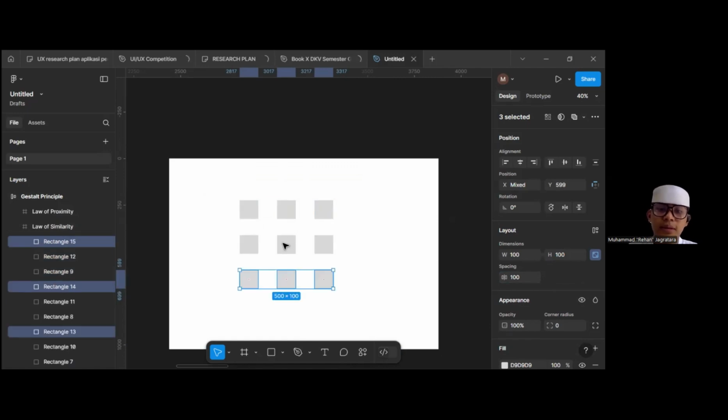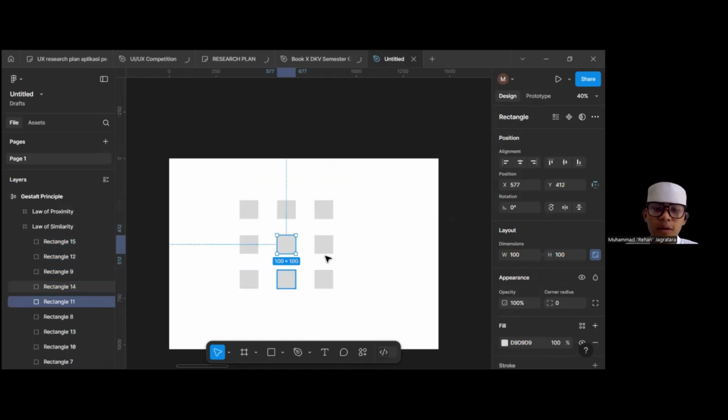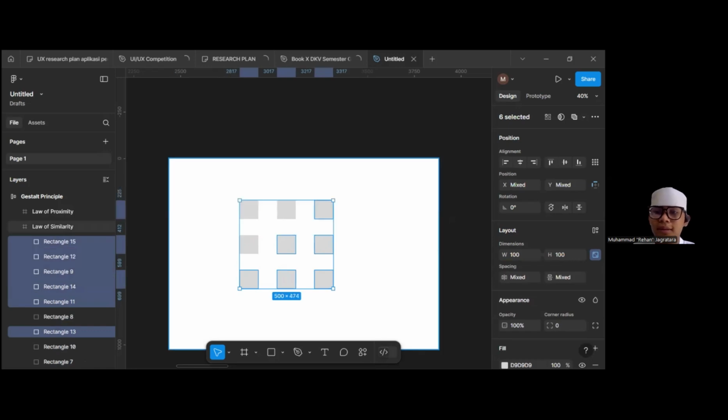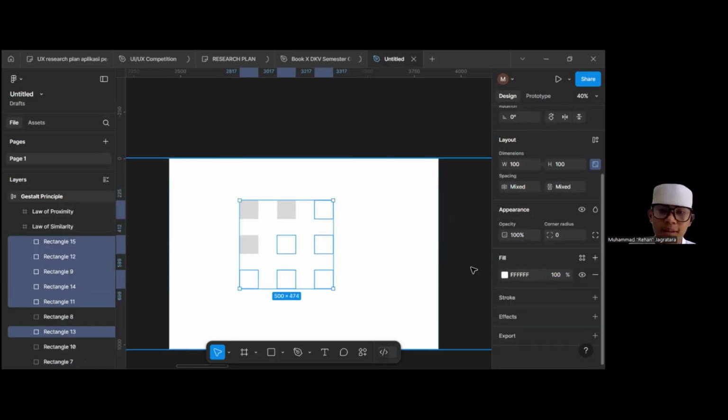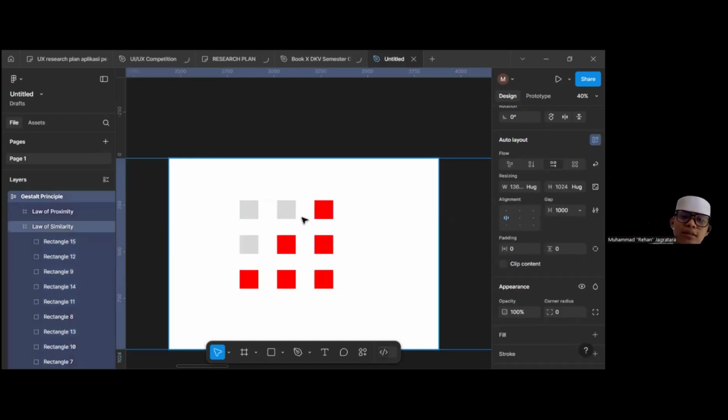But if we change this color like this, we will think these three are different from the ones below.